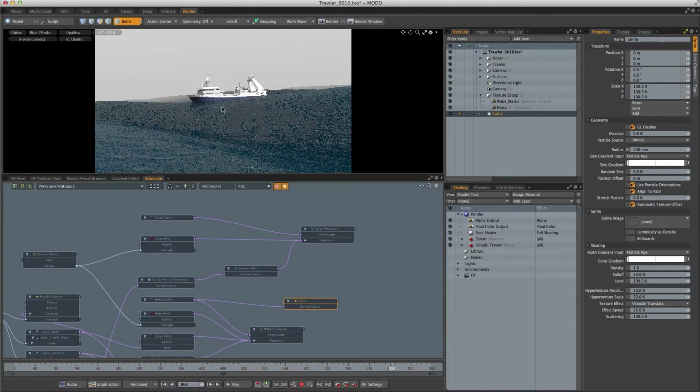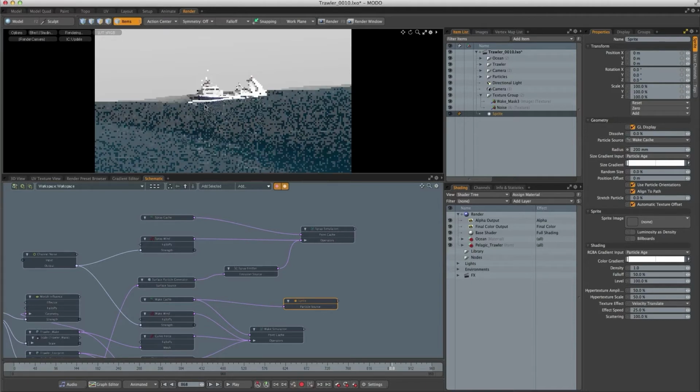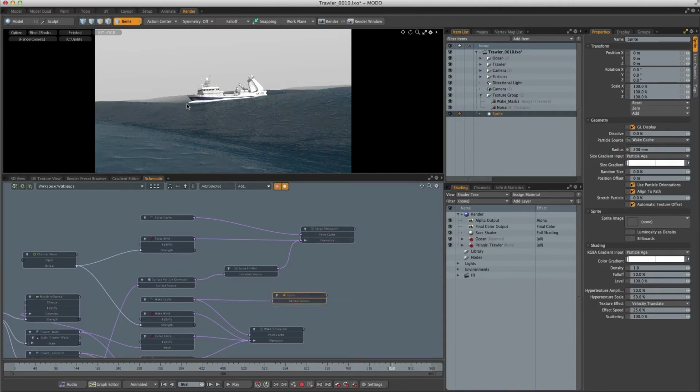And once I do that, preview should update. There we go. And you can see how that's creating this kind of impression of foam going around the boat. So to get those particles to blend more with the ocean, I'm going to change the colour of them based